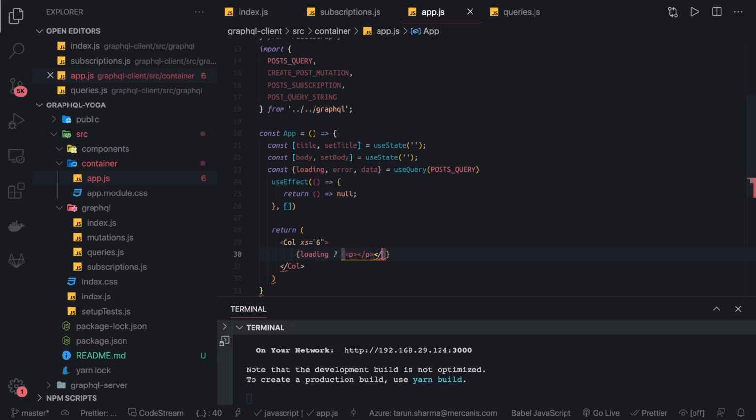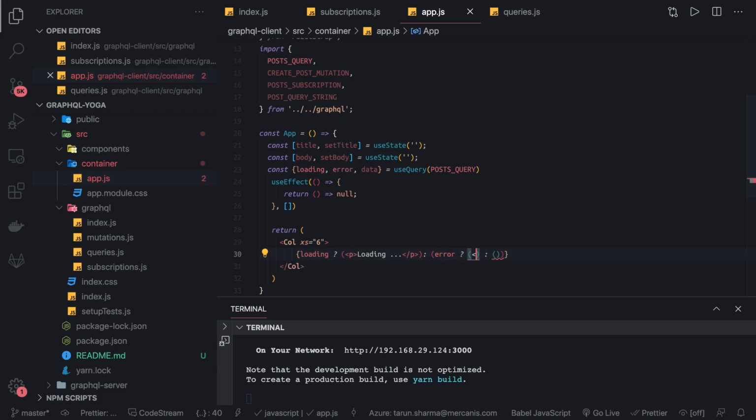So we can simply say it is loading. And if you have received an error, right? So first is the loading, if it is loading, otherwise it has another state, and here in the other state we will check if it is error, right? Same again, ternary operator, if it is error, otherwise we got the data.